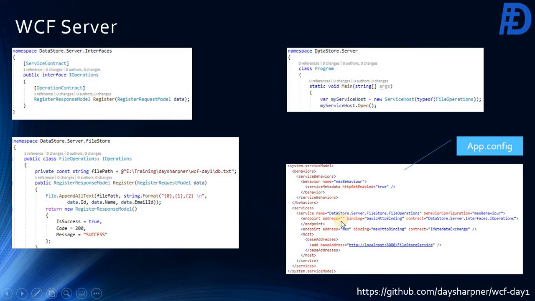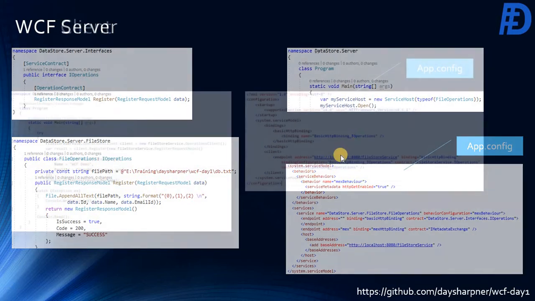So this is how a WCF service can be configured, and it will be listening on port 8080. So now we have the interface and its implementation, our request and response model, and a few configurations in the WCF service. Let's see how it is replaced in our SOAP core implementation.